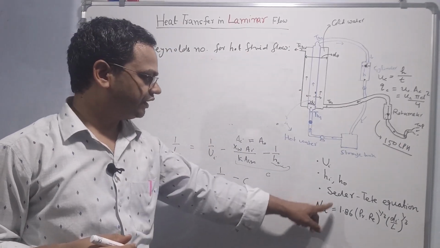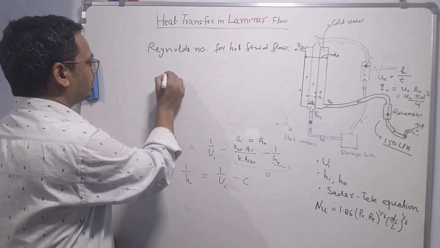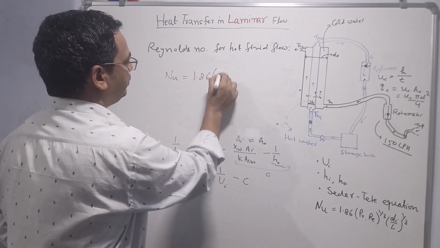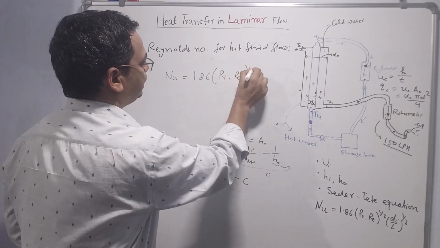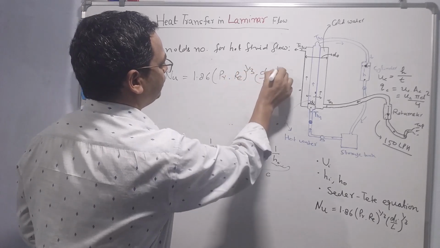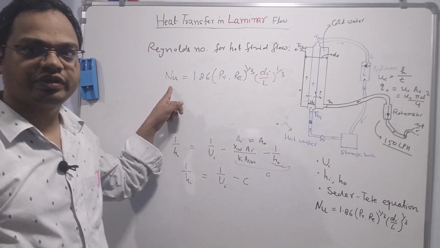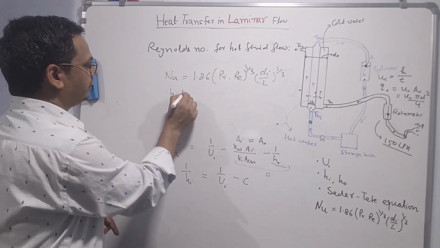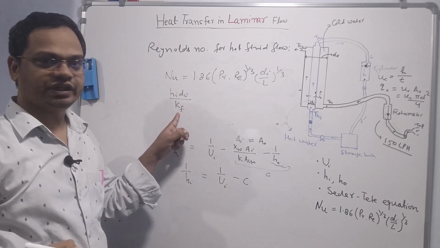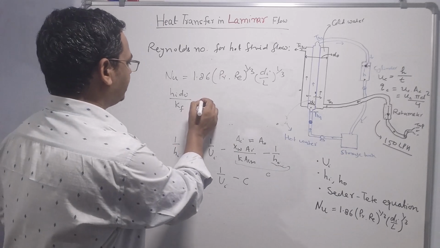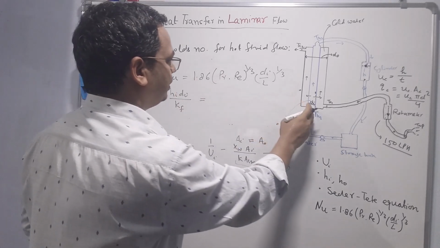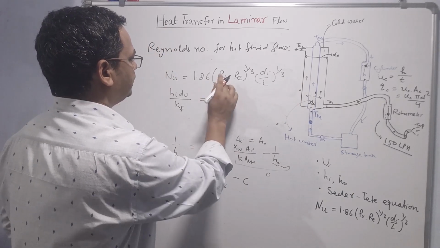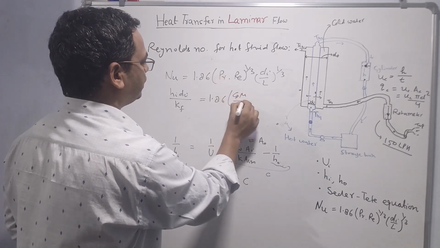Next we will use the Sieder-Tate equation. Nu is 1.86 (Pr Re)^(1/3) (Di by L)^(1/3). Nu can be given as the ratio of convective heat transfer to the conductive heat transfer of the fluid, Hi Di by Kf. Kf is the conductivity of the fluid, not solid. We are writing this expression for the hot fluid flow, which is in the laminar region. 1.86, this is constant, Cp mu by Kf